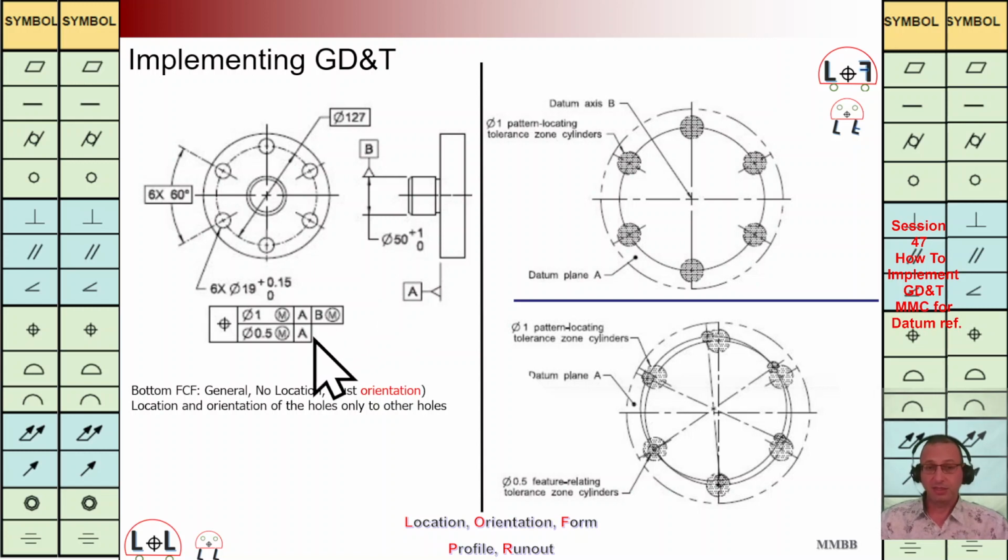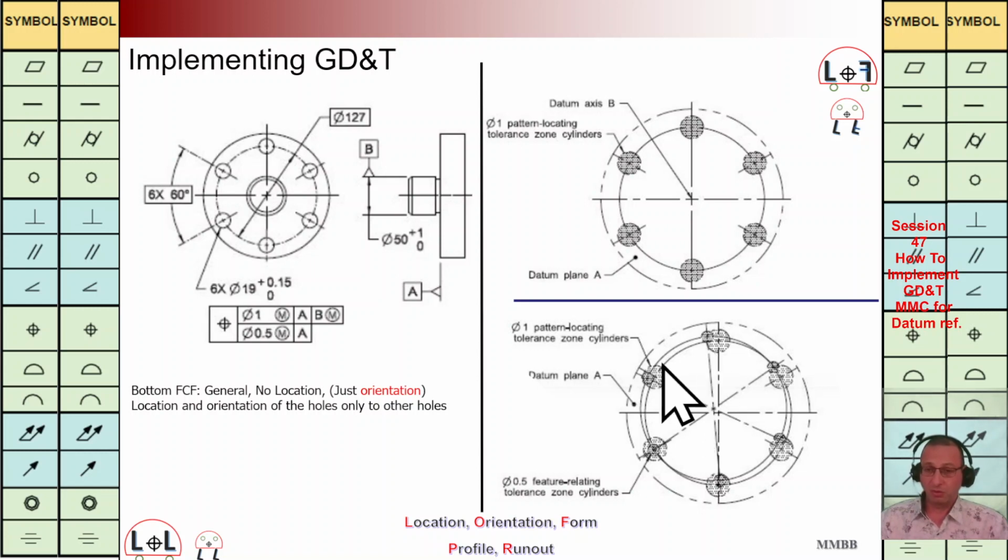And here at the bottom we have A. It should be perpendicular to A with this TZ. That's why we have another cylinder here. We can see at bottom right this small cylinder with a diameter of 0.5, and the axis of the hole should be between these two cylinders. And here this small cylinder is going to take care of the